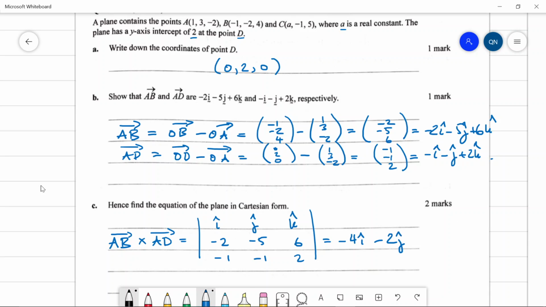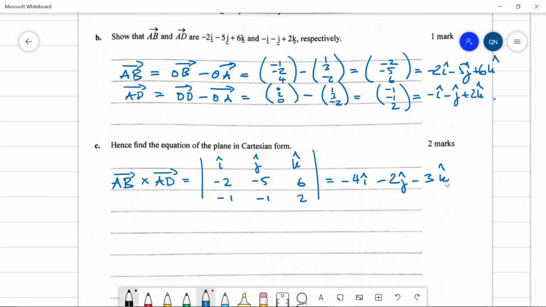So -2j. And then k, you do negative, so this is 2, and then you subtract off 5. So what's 2 minus 5? 2 minus 5 is -3. So yeah, just -3k. This is the normal vector. And now,